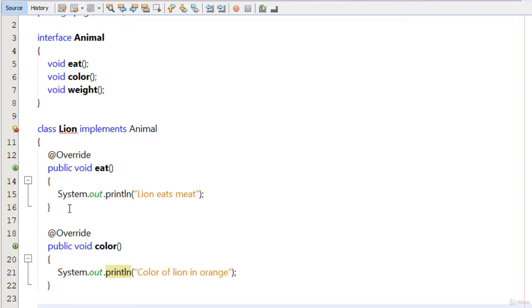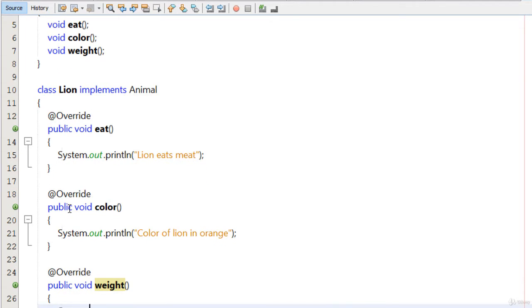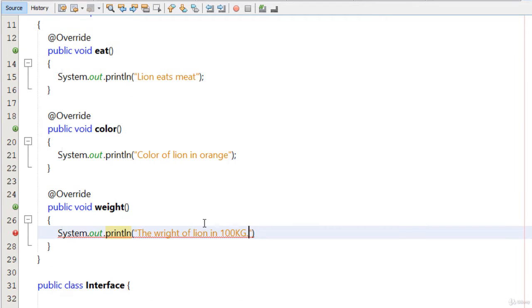Then the last one is public void weight, and System.out.println, "The weight of lion is, I don't know, basically, for instance, I type 100 kg." Okay, so